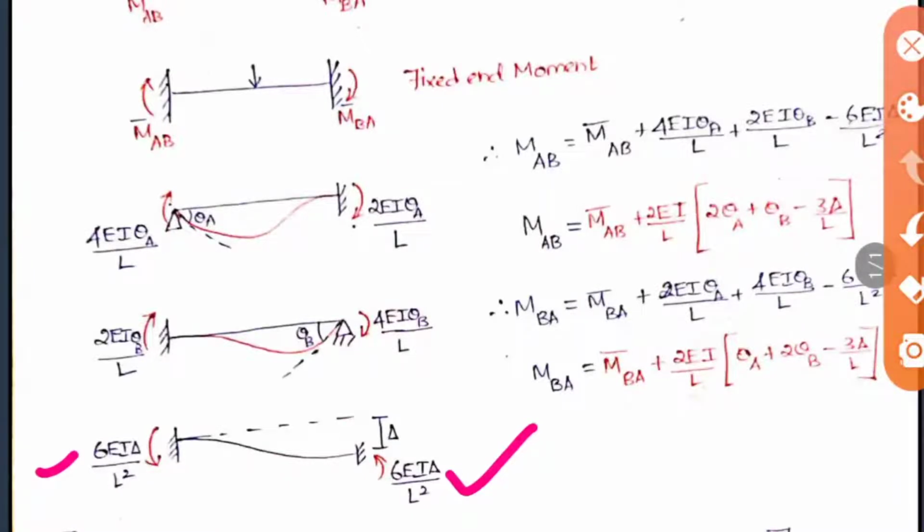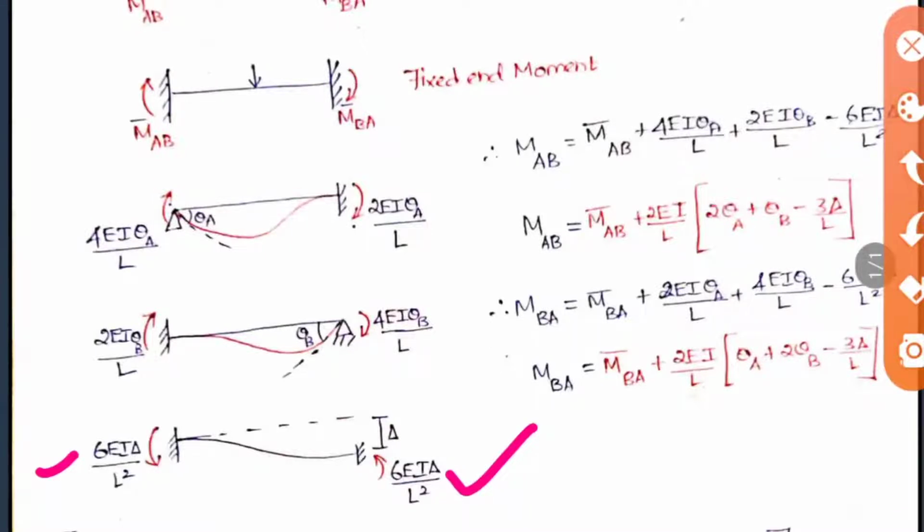Here you consider the direction of this moment, it won't be clockwise. Okay, so in the deflection alone we will be taking according to the deflection side only. In all the rotations, we will be taking the moment in the clockwise direction. Okay, so where the deflection happens, there it is anti-clockwise, and on this side also it is anti-clockwise. Okay, so remember this. This is the basic concept for deriving the slope deflection formula.